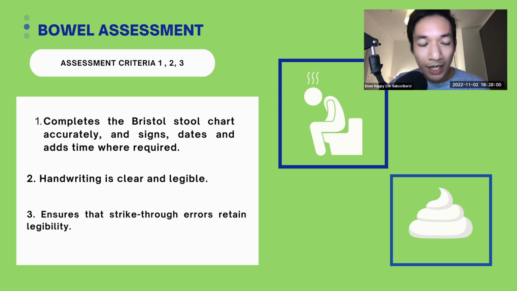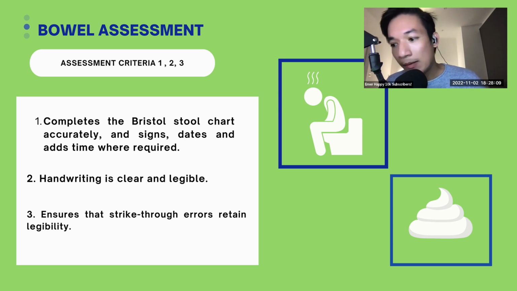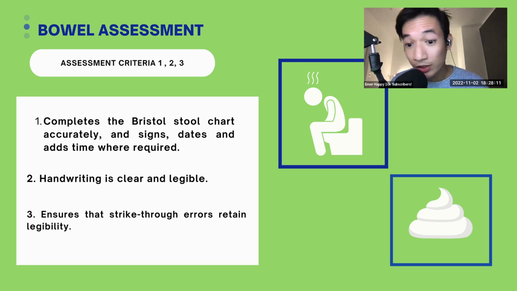I recognize that different trusts teach this OSCE differently. So you might be hearing from your practice educators or your facilitators saying put the word error, put your initial, put the date, whatever. Again, you can follow them, that is fine. But if you go back to the marking criteria, it only tells you to put a strike-through and that is it. You don't see writing the word error, you don't see writing the initial, that means it's not necessary. But then again, if you want to follow them because, based on experience, it's working, then you follow them.